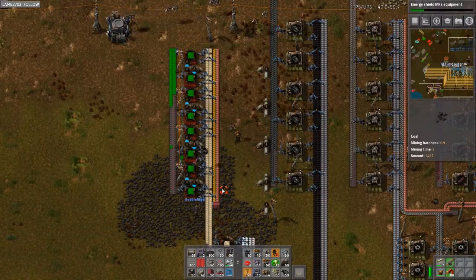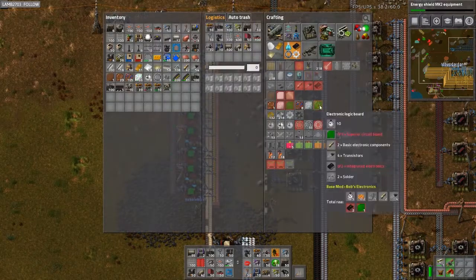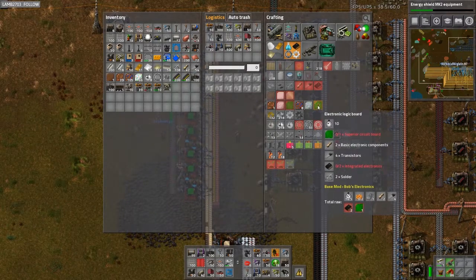Okay, so there's that. Yep. Okay, so we're going to have 8 machines making the electronic logic boards. Yep. Each of those, so that means we need...